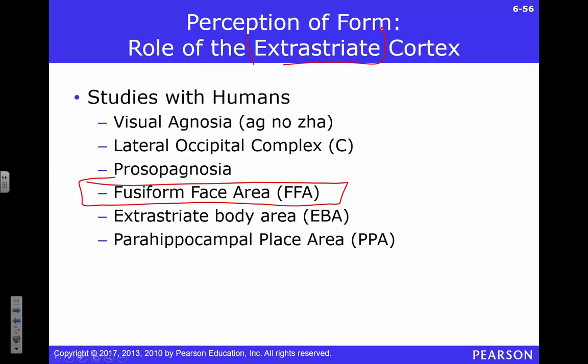What's interesting about the fusiform face area is not only does it work for faces, but it also gets excited for other expert evaluations, right? If you have a hobby, something you're really interested in, where someone who's not interested would look at those objects and go, well, they all look the same to me, but someone who is an expert would notice those minor differences, then your fusiform face area is going to get excited for that.